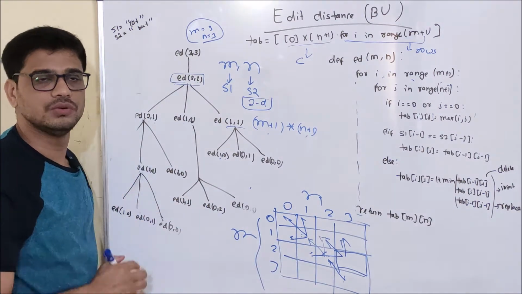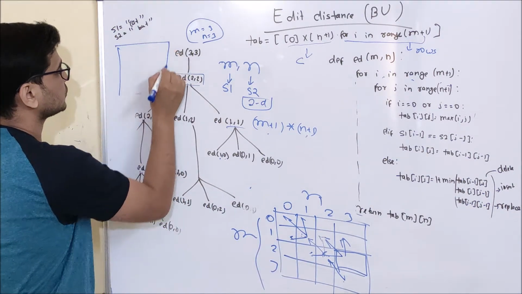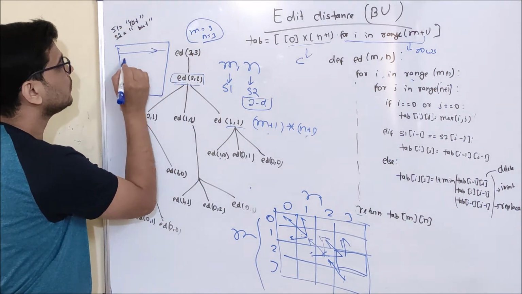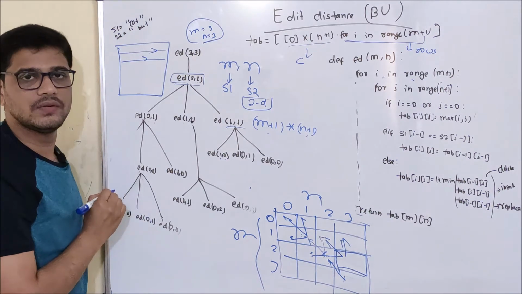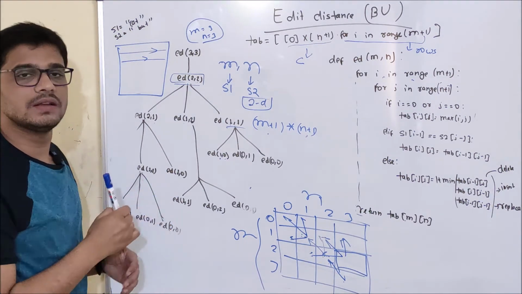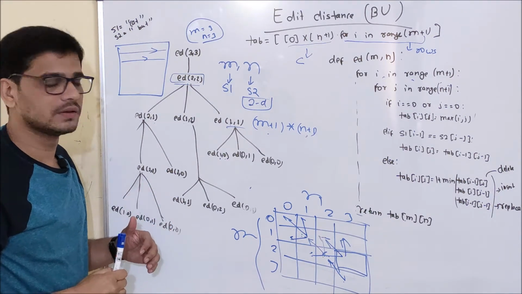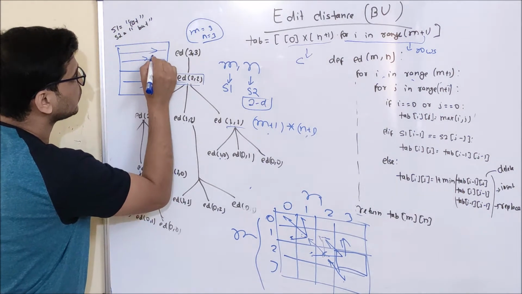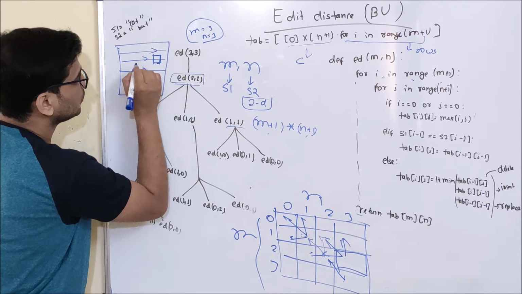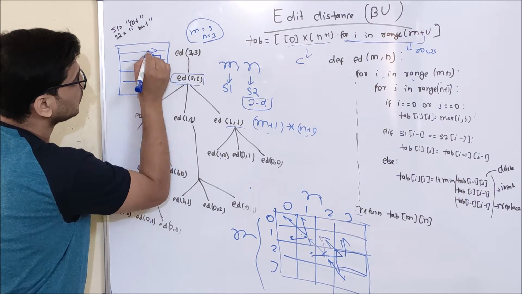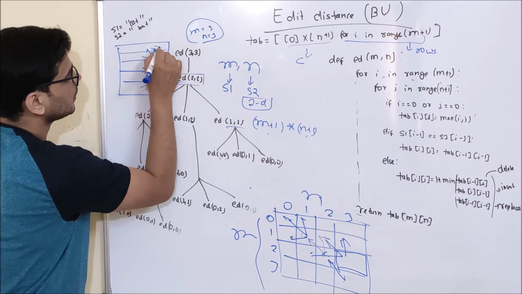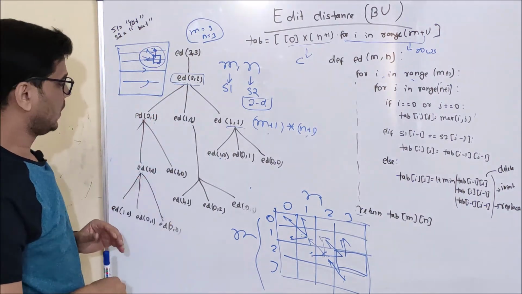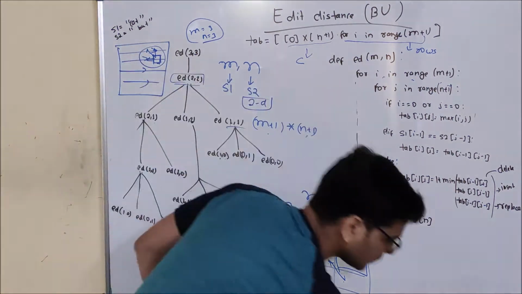We have two ways to do it. Let's see the first one first. This is my table. If I fill my table row-wise from left to right, isn't our dependency going to be covered? See, if I fill it like this and I want to compute this particular value, I need this, the diagonal and the upper cell, so you can see from here that it will be covered. And what is the second way to do it?